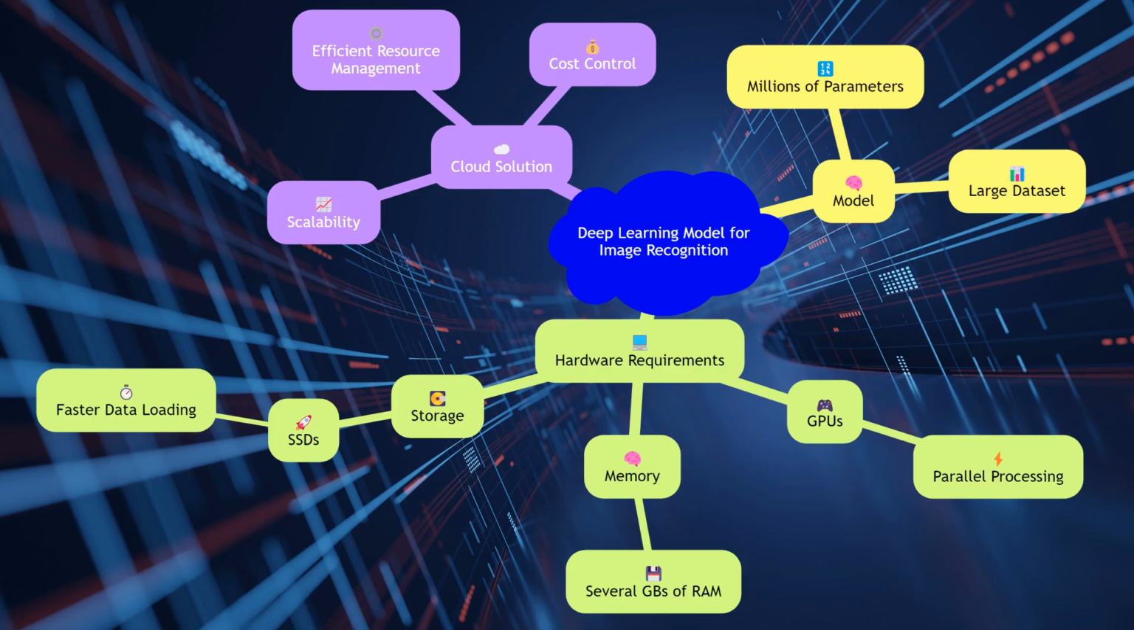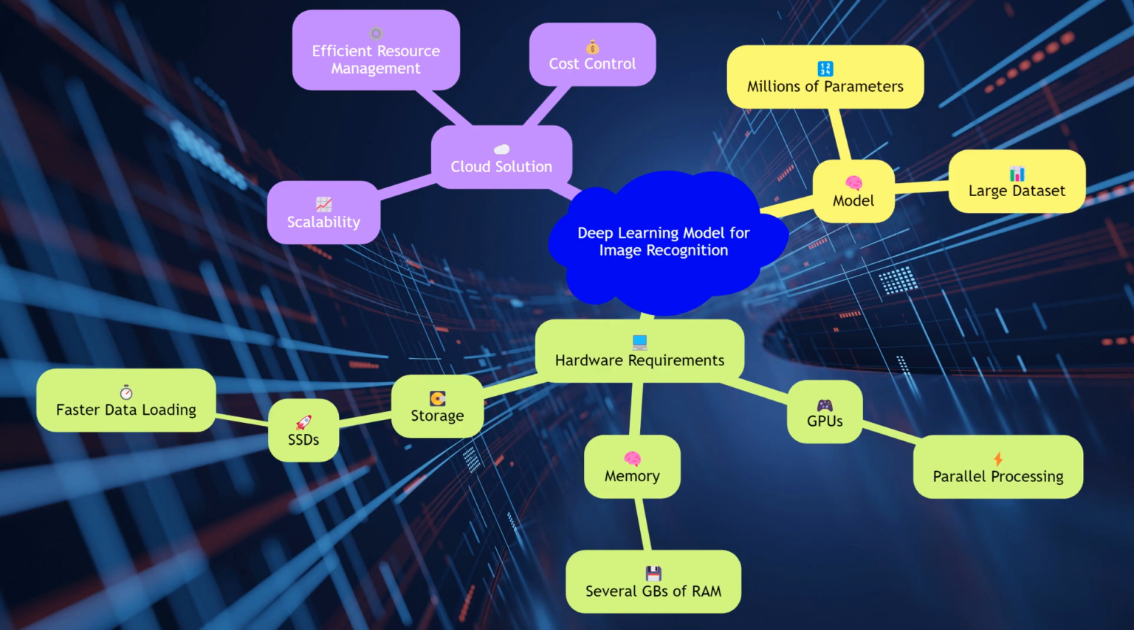Let's consider a case study of a deep learning model for image recognition. The model has millions of parameters and requires a large dataset for training. In this scenario, using GPUs would be more appropriate due to their parallel processing capabilities. The memory requirements would be substantial, necessitating several gigabytes of RAM. Given the large dataset, SSDs would be preferred for faster data loading times. A cloud solution would offer the scalability needed to handle the extensive training workload, allowing for efficient resource management and